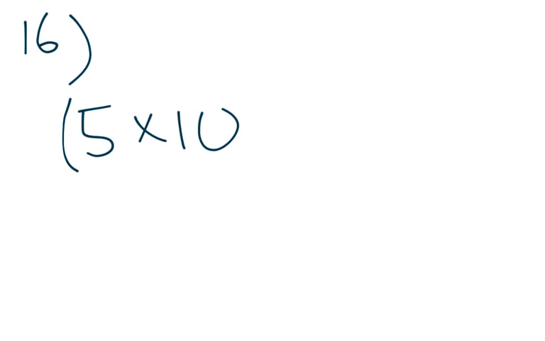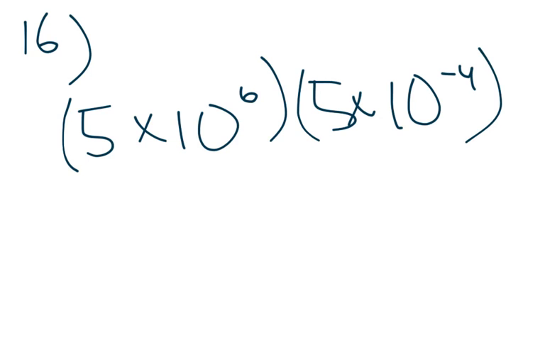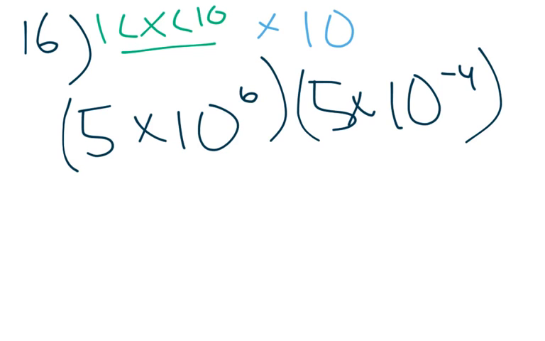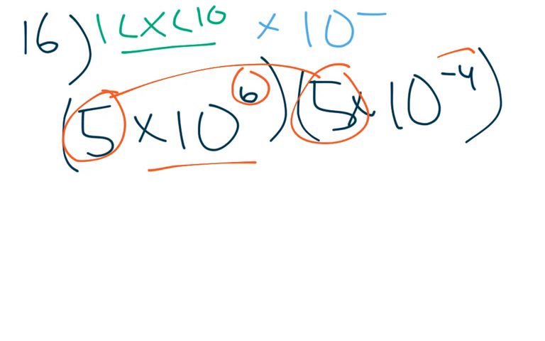Number 16, we want to simplify each expression and write each answer in scientific notation. So we have 5 times 10 to the 6th times 5 times 10 to the negative 4th. In scientific notation, remember the first number is going to be in between 1 and 10, and then we have times 10 to a power. So what we do here is we multiply these first numbers together, and we say times 10, and we add the exponents. So we have 5 times 5